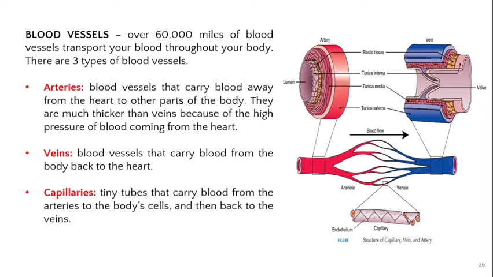There are three types of blood vessels: the arteries, veins, and capillaries. The arteries are blood vessels that carry blood away from the heart to other parts of the body. They are much thicker than veins because of the high pressure of blood coming from the heart. The veins are blood vessels that carry blood from the body back to the heart. And the capillaries are tiny tubes that carry blood from the arteries to the body cells and then back to